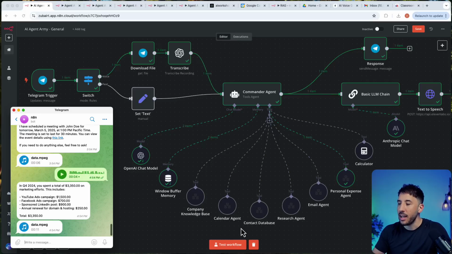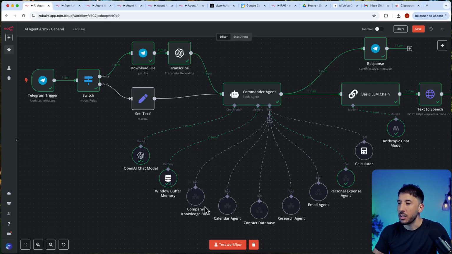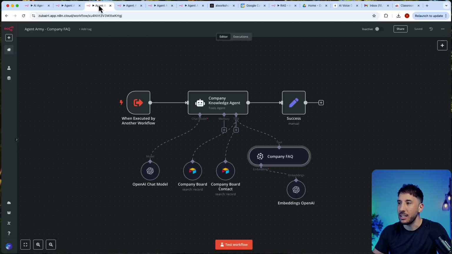Now let's go ahead and take a look at our company knowledge base. So basically the agent right here, same thing. This has access to our Airtable, so that way it has information about our company board members, their contact information, who they are. And it also has the company frequently asked questions, which is again sitting on our Pinecone vector database. So I'm going to go ahead and call that, and we should be able to retrieve this information from here